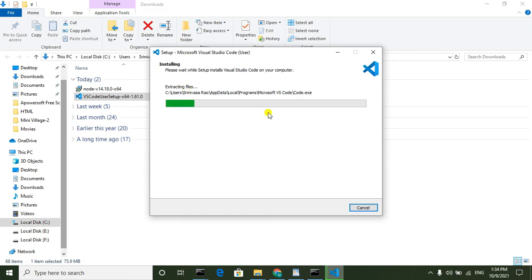So now the installation is starting. We can see here the progress of the installation. Maybe it will take some time.